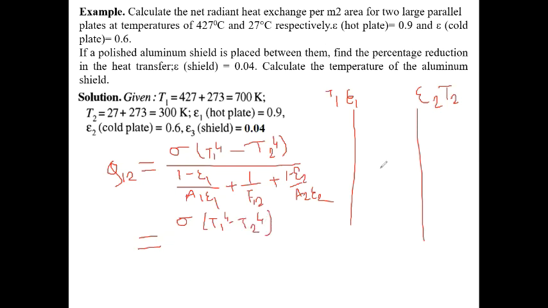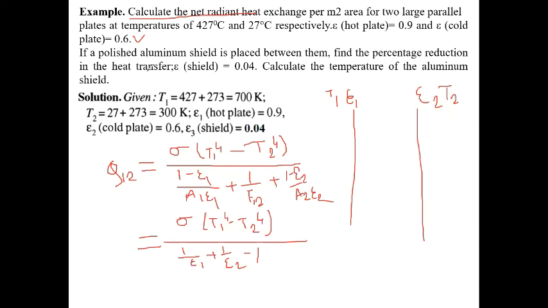and here this is the flat plate, so F12 equals 1, so this value will be 1, so this will become 1 minus 1 by epsilon 1 minus 1 plus 1, so it will become 1 by epsilon 1 plus 1 by epsilon 2 minus 1. Okay, so here T1 must be in Kelvin and T2 must be in Kelvin, and epsilon 1, epsilon 2 are all given values, so from this you get the Q1. So this answer you get. This calculates the net heat radiant exchange.